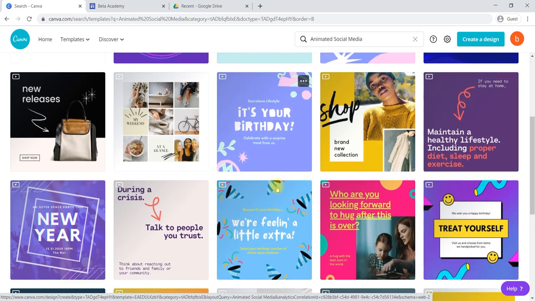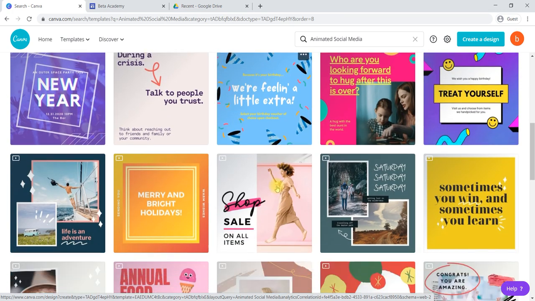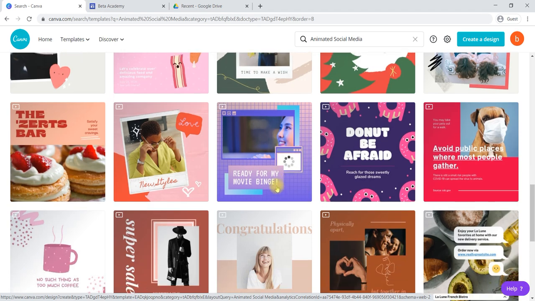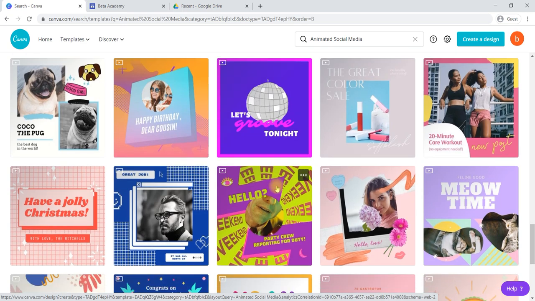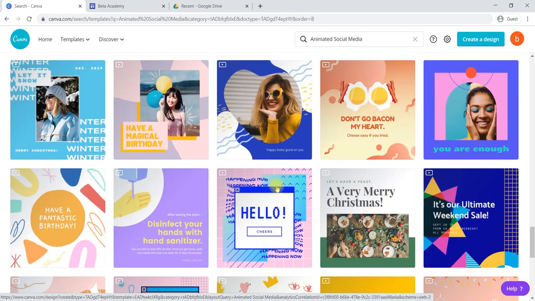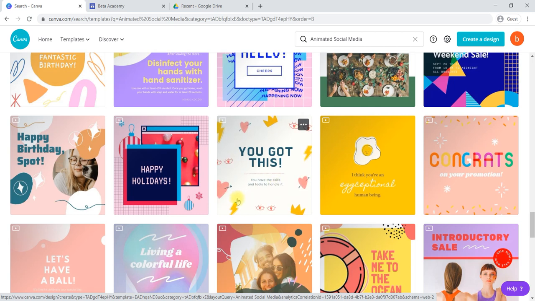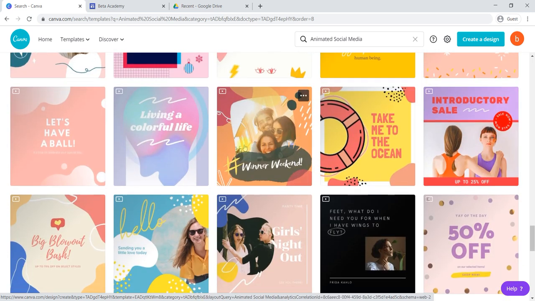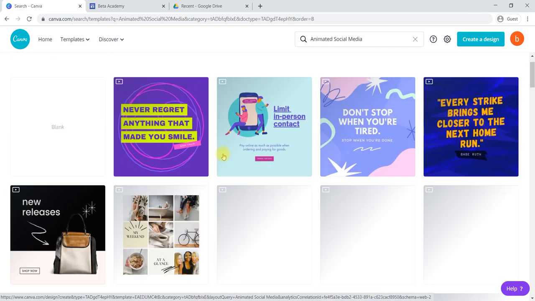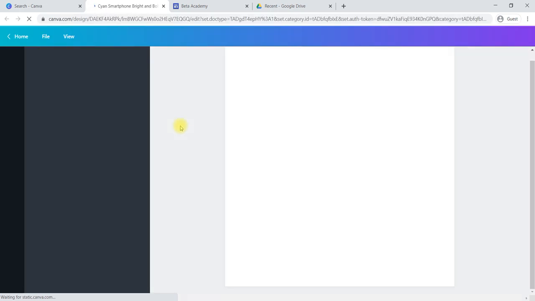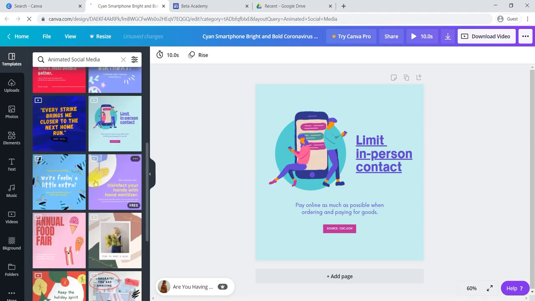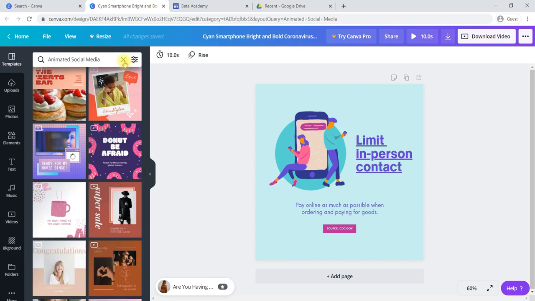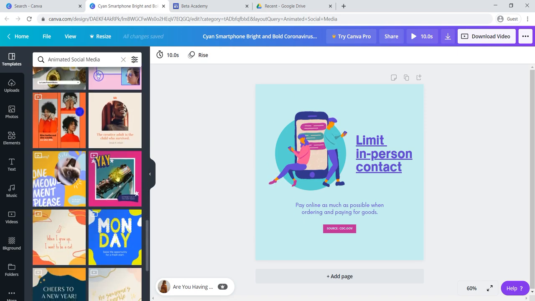Which template suits your product, select that one, then we can edit within that particular template. You can select any one. For example, we'll select this one. Later also you can change the template, no need to worry about that. Here templates are there, and from these templates you can change it anytime.